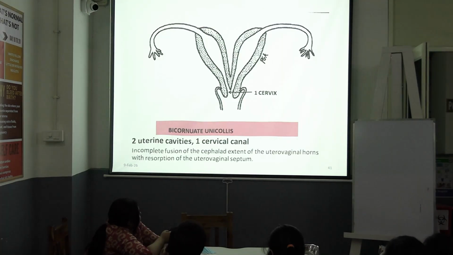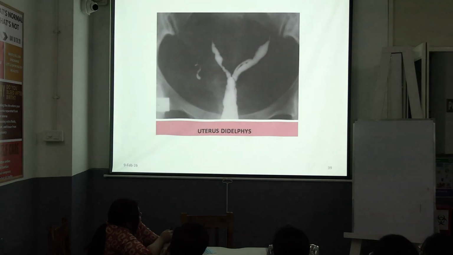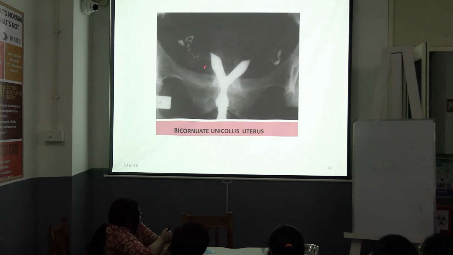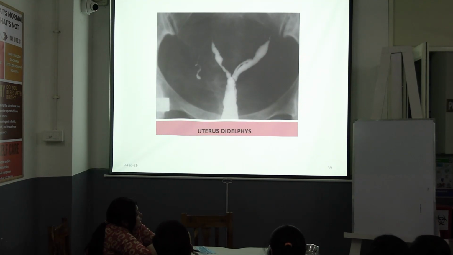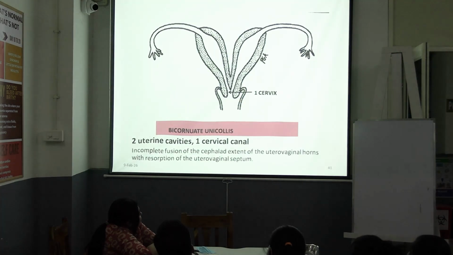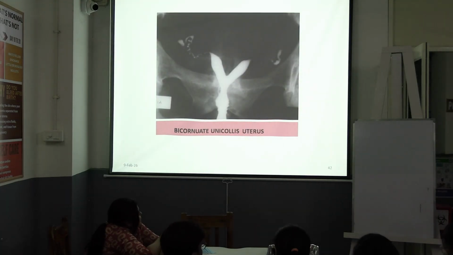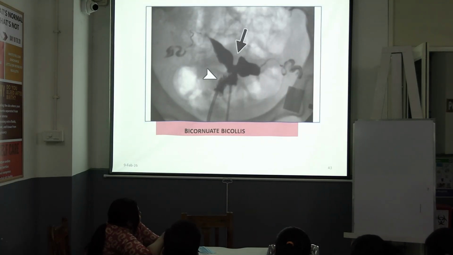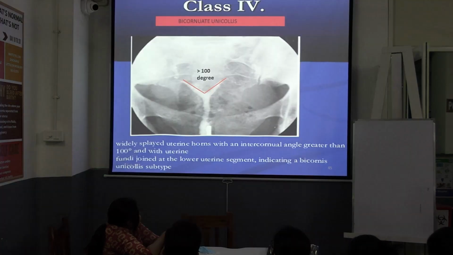It's a bicornuate uterus. So there's a difference. See, this was didelphys. Never get confused. This is didelphys, and this is, see, bicornuate. Here the angle is very sharp. Now this is a very acute angle, while in case of didelphys, see, the angle is an obtuse angle. These two images, often you guys get confused between a didelphys and a bicornuate. See, again the angle is very sharp and this is very acute. Had it been didelphys, the angle would have been obtuse basically.